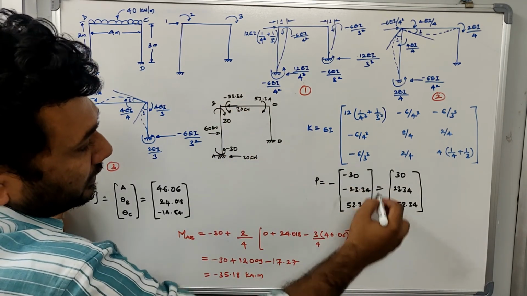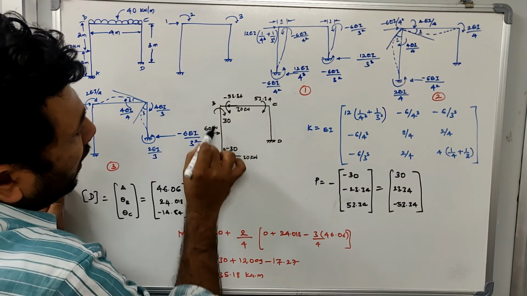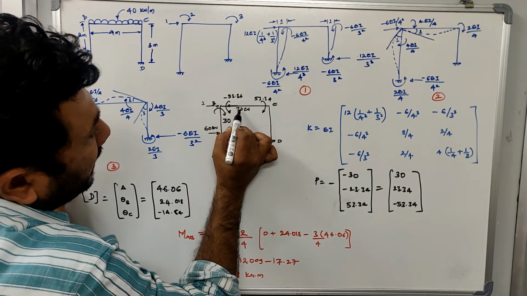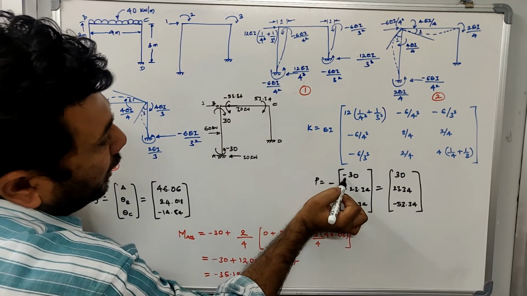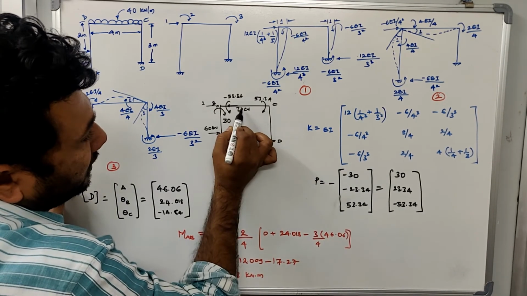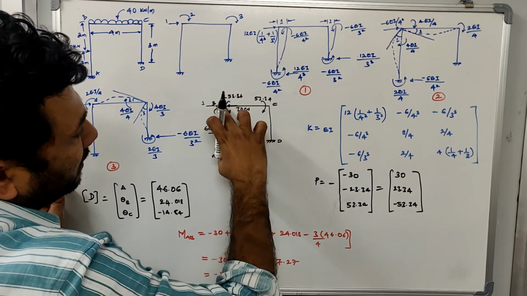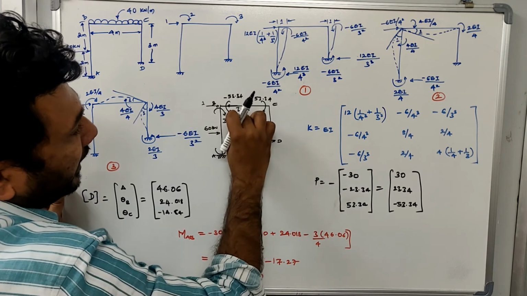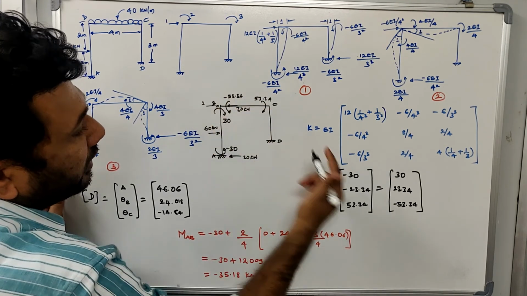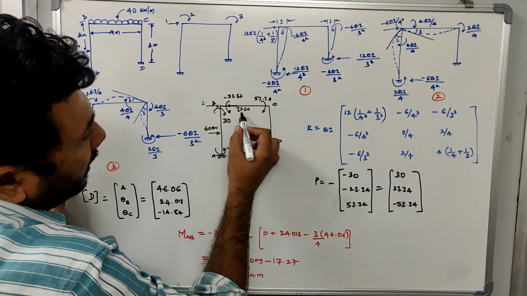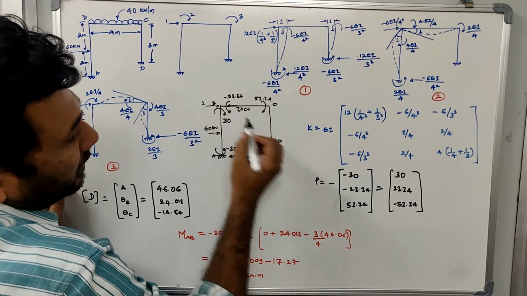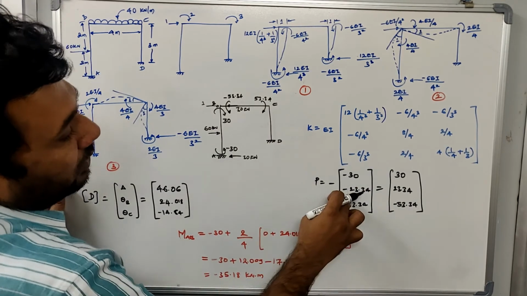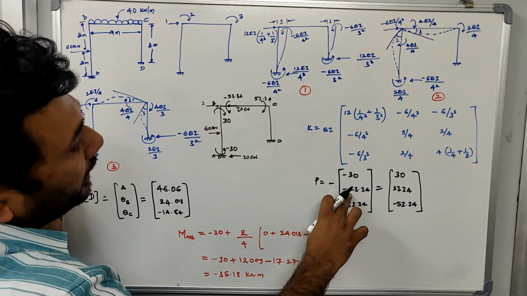See here, this is the force matrix that I have written. Here is your first coordinate. At the first coordinate, the force that is applied is 30 kilonewton, but it is negative in value. And you know how we calculate this 30 kilonewton: consider this column to be simply supported, and after that you calculate the reaction. Whatever reaction you get at the first coordinate should be written here. The reaction I got at the first coordinate is 30, which is negative 30, so I have written minus 30. Now the next is your theta b.